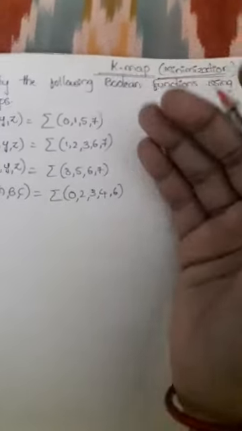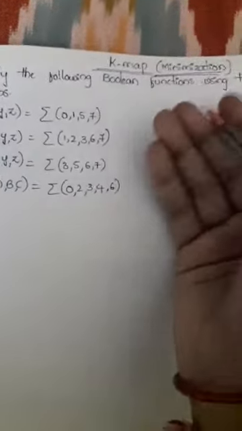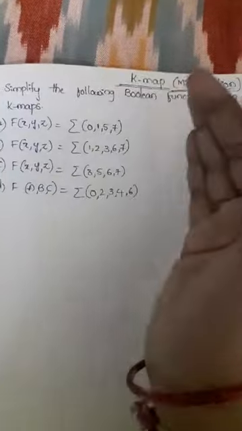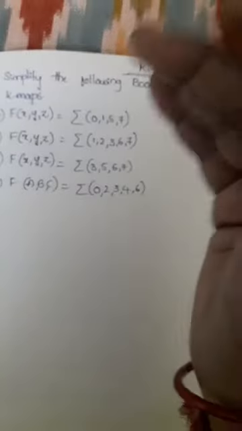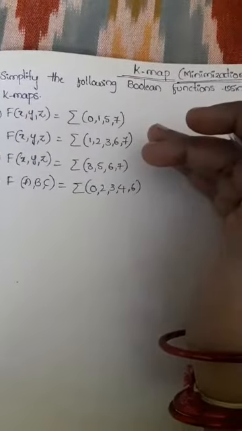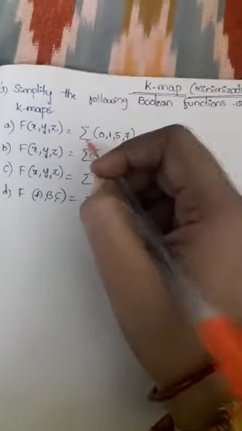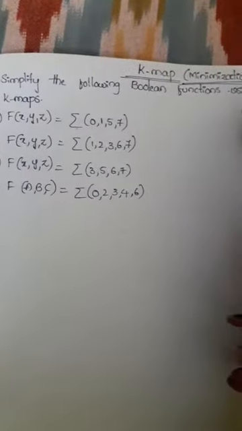Already we know Boolean functions are expressed in two forms, that is sum of product and product of sum. So in sum of product we have some rules for simplifying with the K-map method, and product of sum has some rules for simplifying with the K-map method. How to express a Boolean function in SOP form, we already have an idea to identify that. By using some symbols we can identify whether it is SOP or POS.